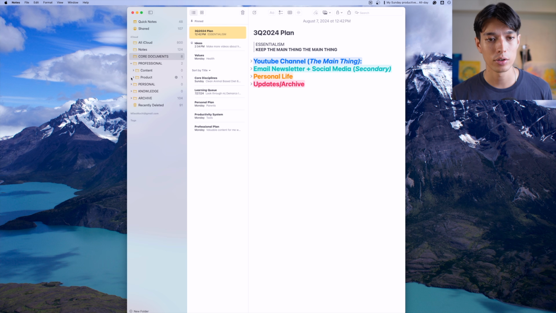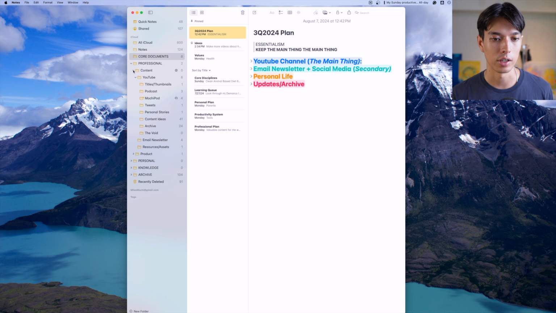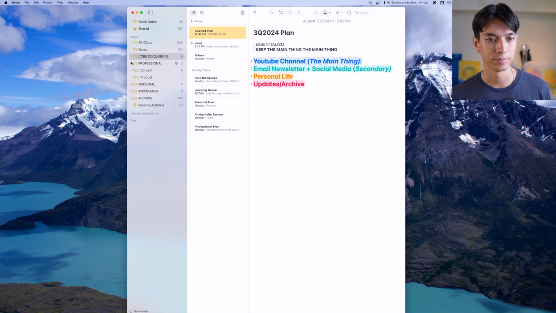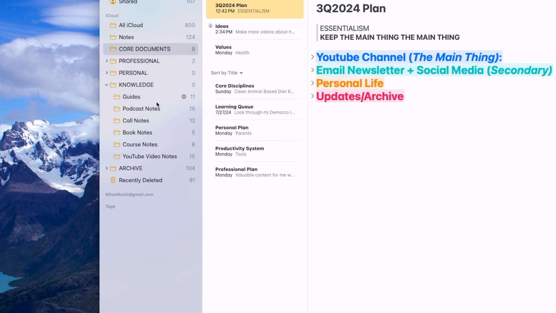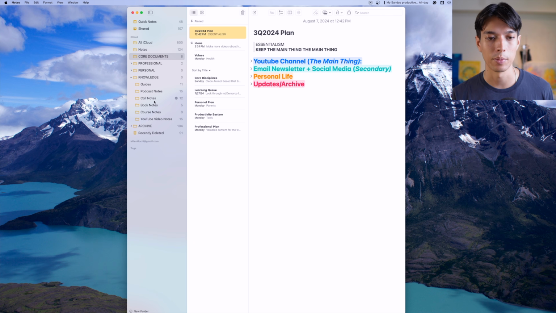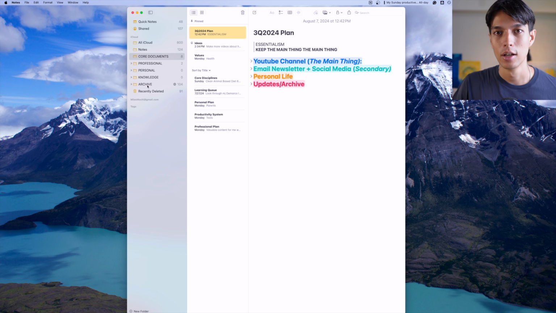Then I have these other folders for the different areas of my life. So I've got professional here, and this is related to all my YouTube stuff. So content related things, personal folders, various personal things in there. I also have this knowledge folder, and this is like my second brain system. So it's just a bunch of different notes related to specific podcasts, calls I've been on, book notes, course notes, YouTube video notes. I won't get too deep into how that system works, but I'll put all those notes in here as well. And then I also have this archive folder, and this just has basically everything else